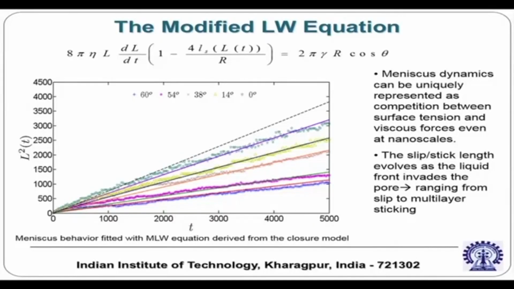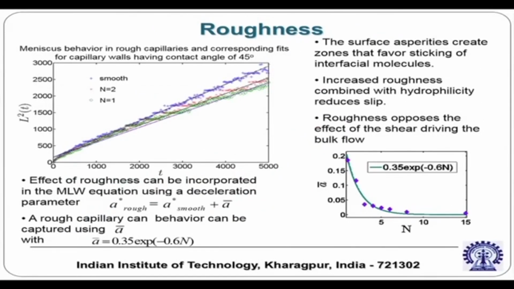So this first example talked about the wettability issue. Now the roughness, so you can use a roughness parameter n. There is actually an interaction function in the molecular dynamics in which there is a parameter n. So the L square versus T for different values of n. So we can see that the roughness we can incorporate in the acceleration parameter by defining a non-dimensional acceleration A star rough equal to A star smooth plus a correction parameter that depends on the roughness,